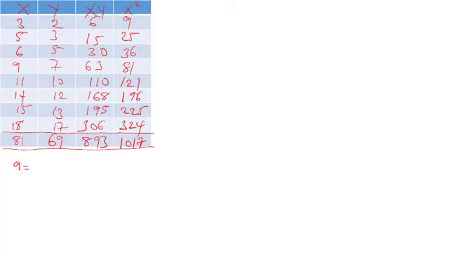I told us that the formula for our a is n summation xy minus summation x summation y, all over the summation of x squared minus summation x all squared. So we'll count the number: 1, 2, 3, 4, 5, 6, 7, 8. So the value of our n is 8. Place it here: 8